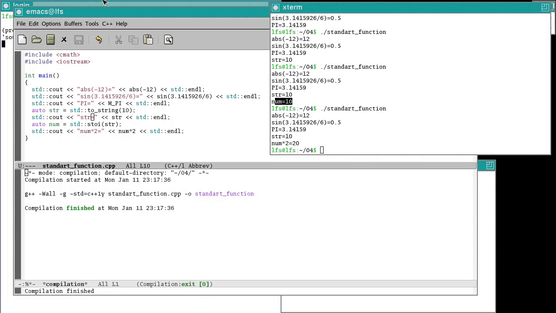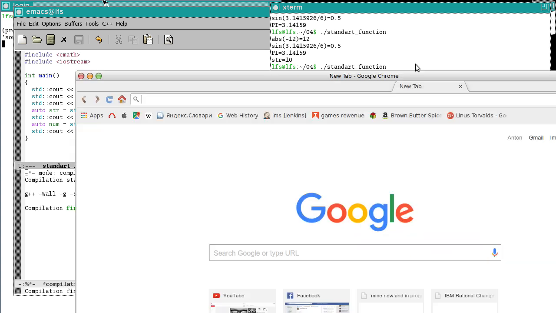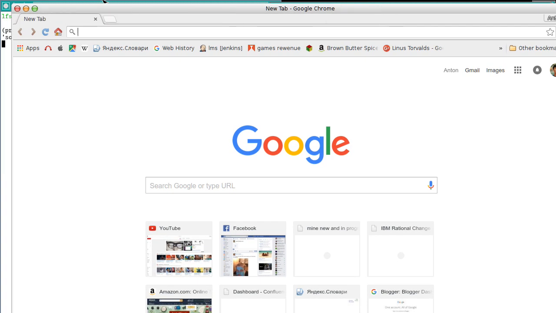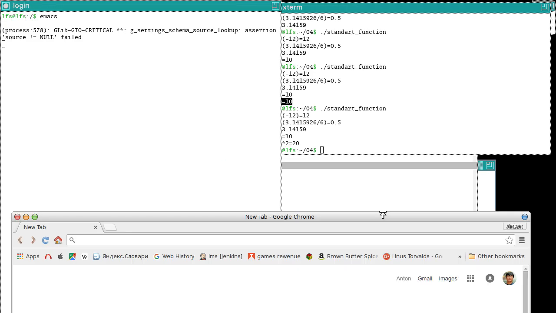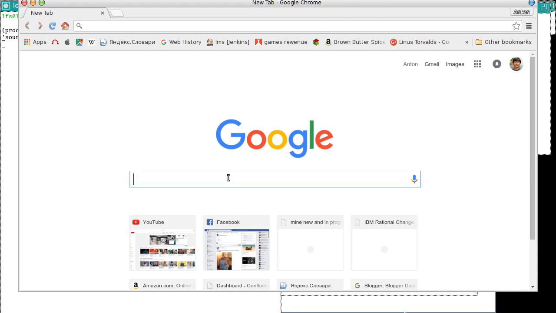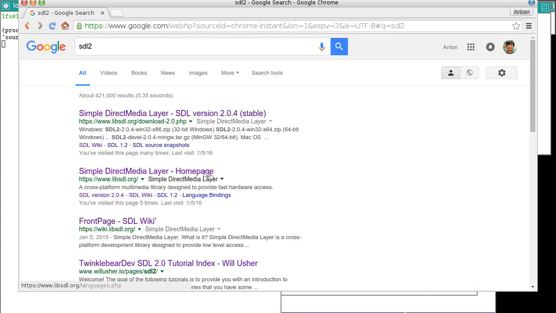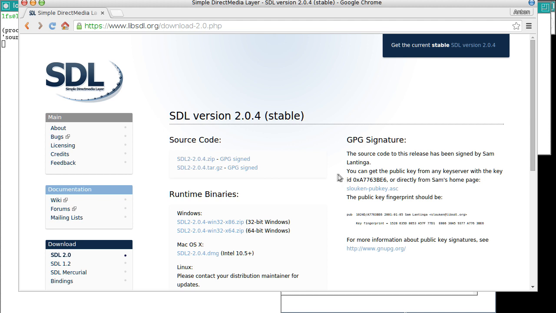Hello everybody, today I want to talk about some drawing, some simple graphics using SDL2. First of all we need to install SDL, and it should be quite easy, hopefully. So let's go to the browser on our host machine, not on the virtual machine, and just type in Google SDL2. It will direct to